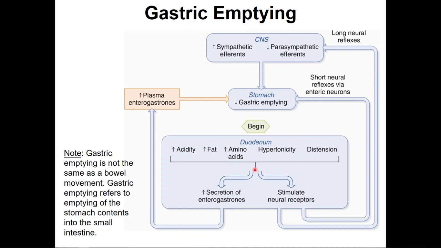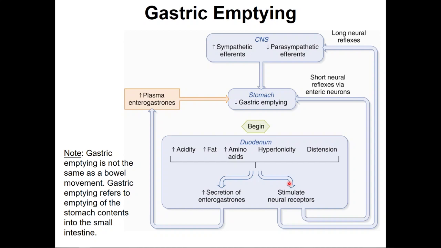A couple of things can happen. We could have secretion of things called enterogastrones, which are hormones that travel into the plasma, and that doesn't have to travel very far. It'll travel right to the stomach from the small intestinal blood supply. So again, this is not in the lumen, this is not where the food is. We're getting hormones traveling in the bloodstream, behind the scenes, to the stomach to slow down gastric emptying. Also, we have neurons there, which are part of the enteric nervous system, that are triggering signals